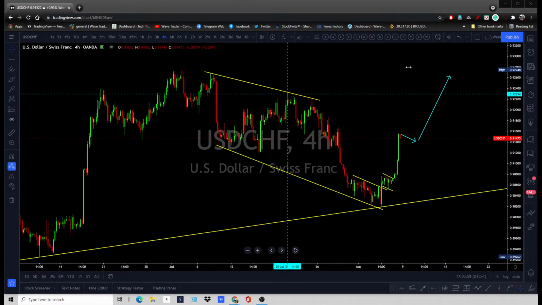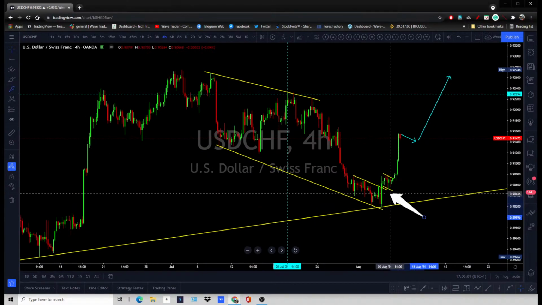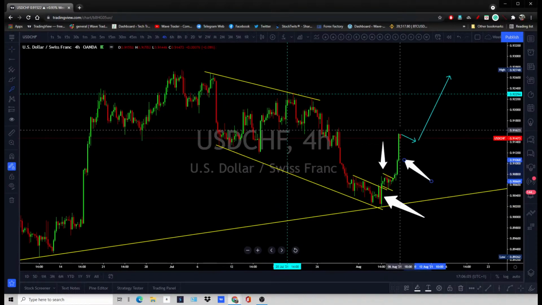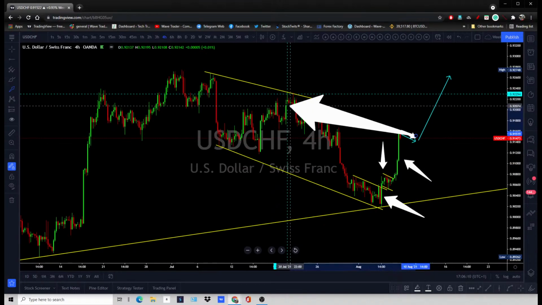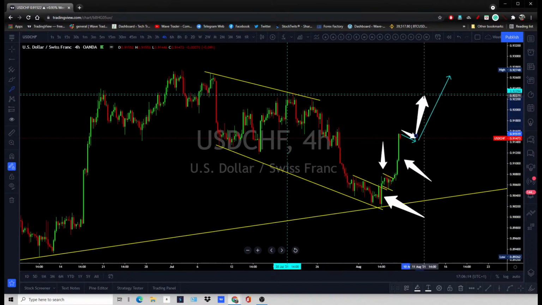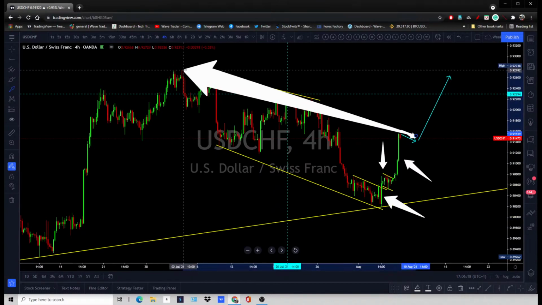Nice breakout over there, correction, next move is appearing over there. Another correction is needed over there, and you can look for this to go all the way back to this date, all up to 20 July. Again, next leg to appear over there, or in a perfect scenario, break above that top.